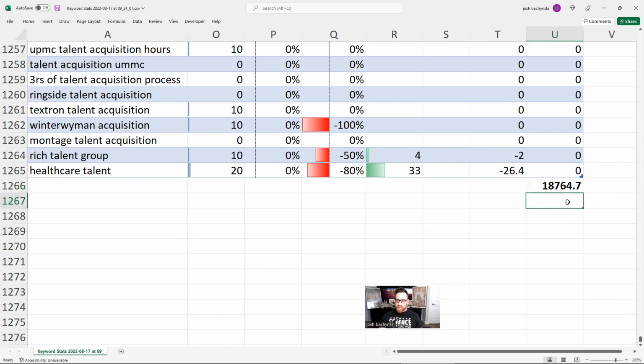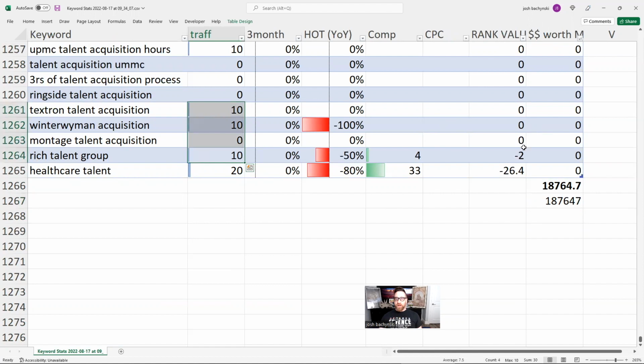You would times this. So I'll just do it in my head. 18,000, that'll be $187,000 per month they should be making if they had all the traffic. They'd be making this times 10. 187 grand is how much they would make with all this traffic, considering, as far as Google's concerned, how much they're willing to pay for all that money.